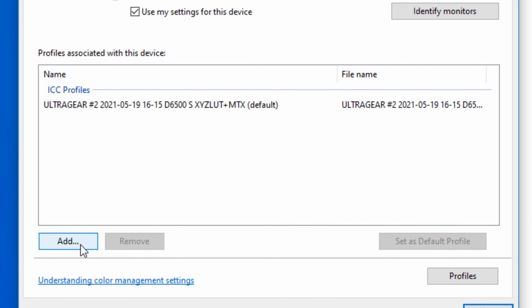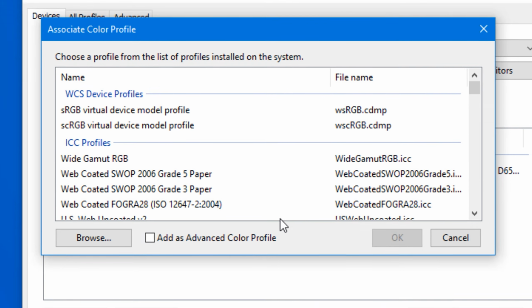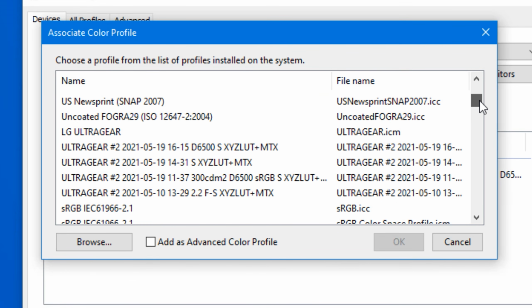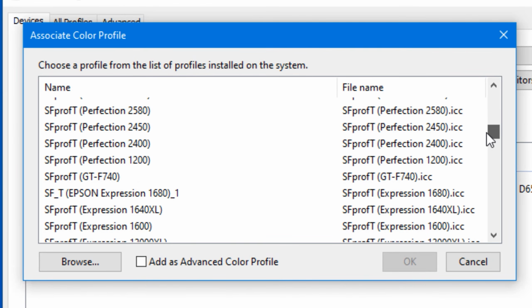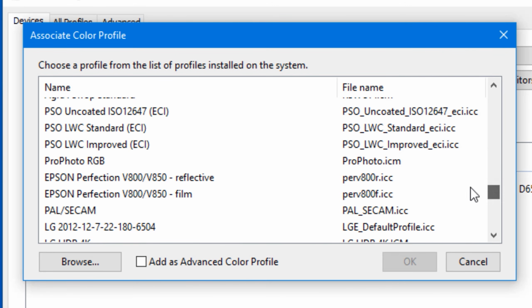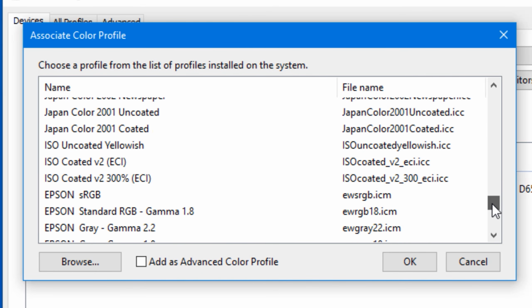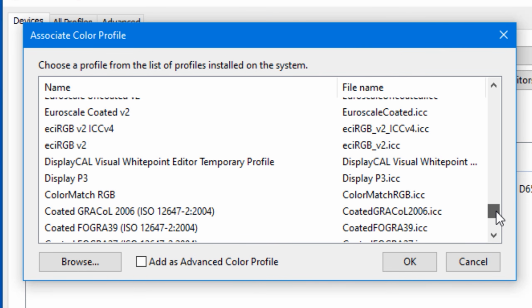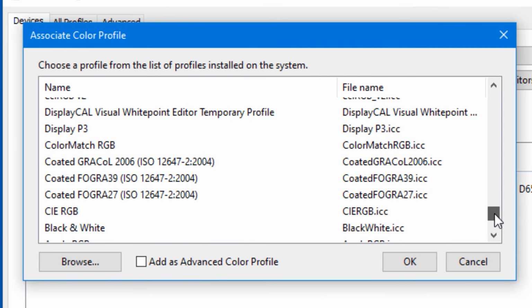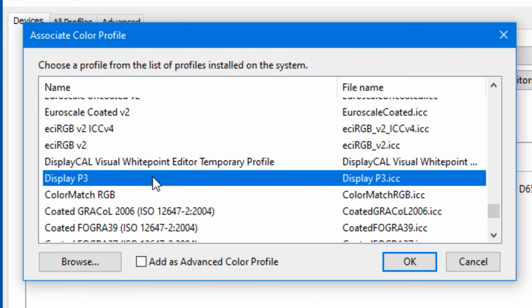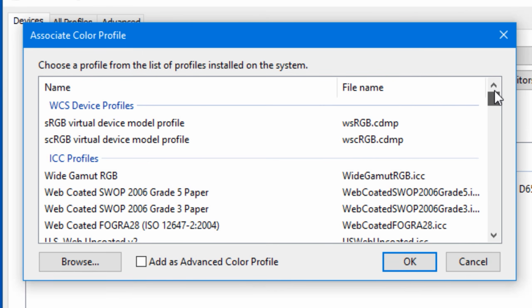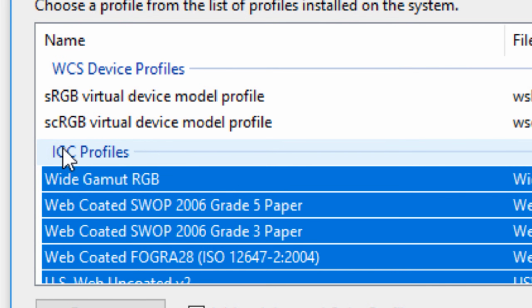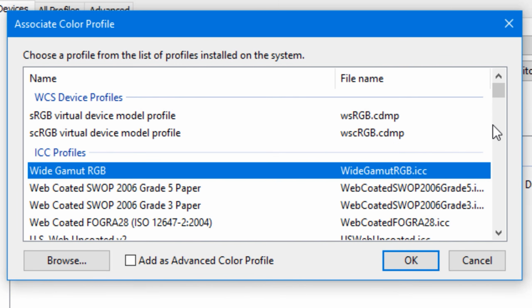So what you want to do is click add, and then now you will see a list of all the ICC profiles that are installed on the system, and many of these are just pre-installed generic profiles that aren't even necessarily meant to be used for monitors, but instead are used for converting from one color space to another. So if an image is tagged with the P3 color space, then the computer knows how to go from P3 to the other one because it's installed. Anyway, we need to find the monitor specific profile that we just installed, which is going to be under the ICC profiles group.